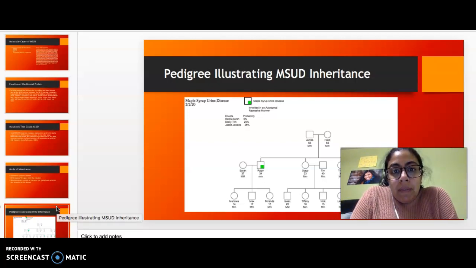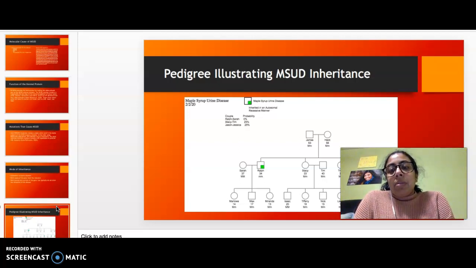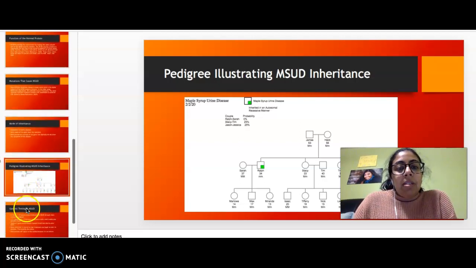As you can see, the couples don't necessarily have to have the disorder, but they can have kids who will have the disorder. So one parent can be a carrier, or both parents can be carriers, and still the children sometimes will get the disorder. There's a 25% chance that the child will get the disease if the parents are carriers. Sometimes it doesn't, it just depends.